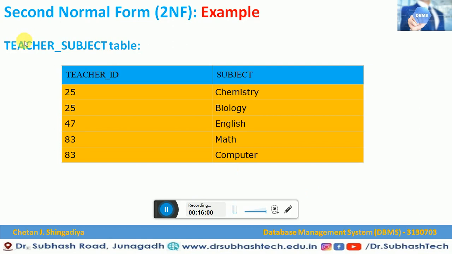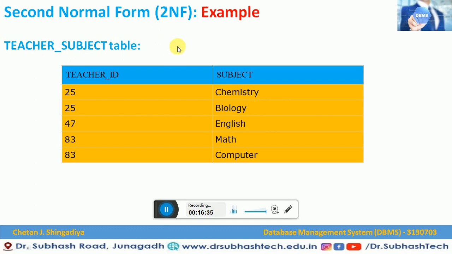The next table is teacher subject, and we define it in this way. In that table we are going to include teacher's ID and subjects. Here also we would like to see whether that table is in first normal form. Yes, we can say that table is in first normal form. Why? Because there are only single-valued attributes, no composite attributes, no multi-valued attributes, and no non-prime attributes dependent on a subset of the primary key.